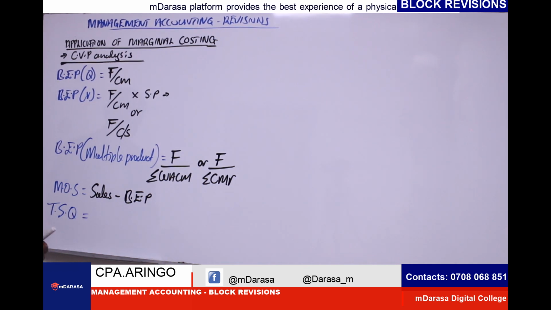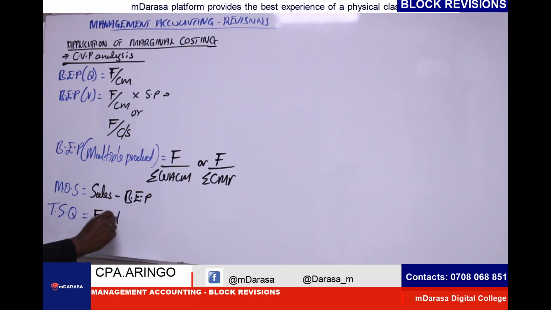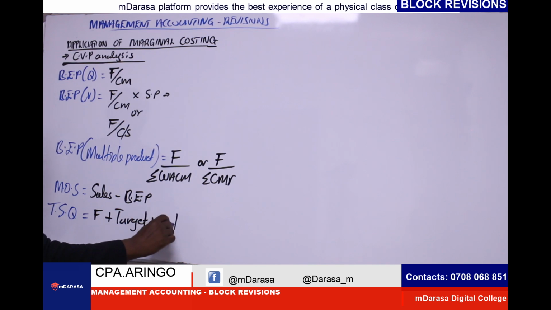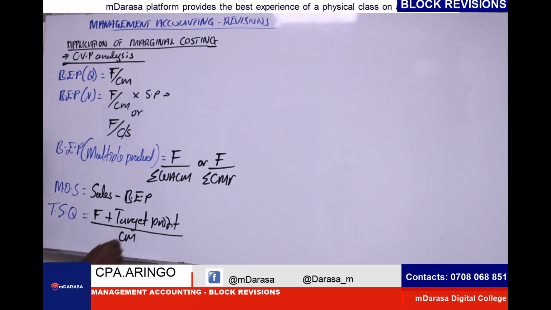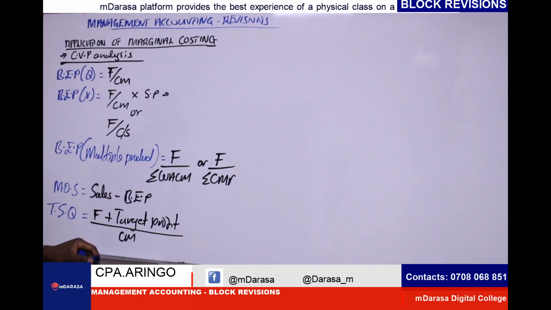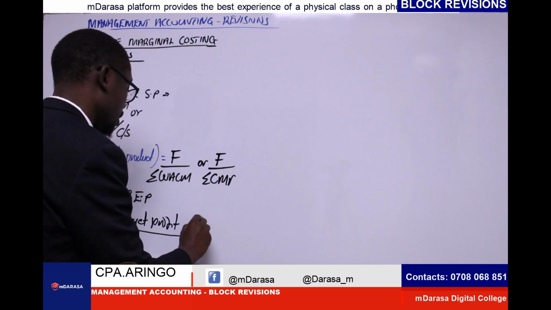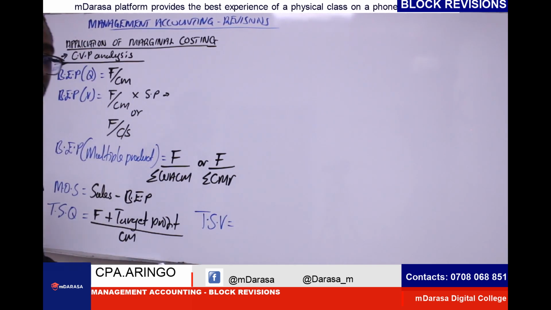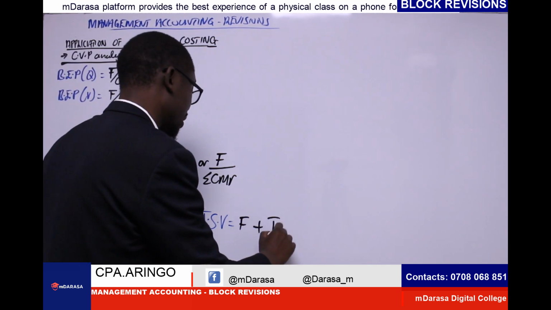To determine the target sales in quantity, we'll be talking about fixed cost plus the target profit that you're given, and we divide all this by our contribution margin. To determine target sales in value, we take our fixed cost, we add our target profit,